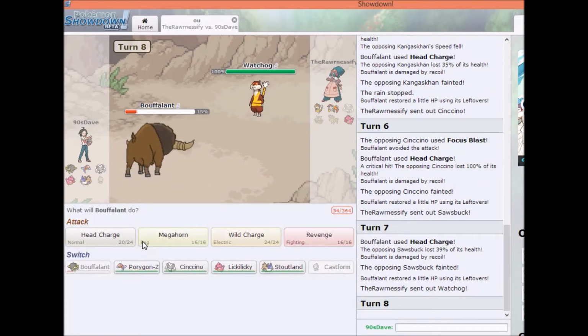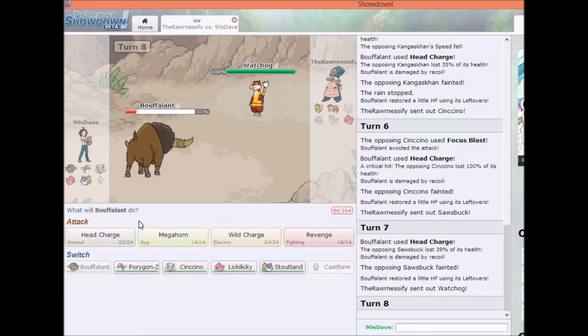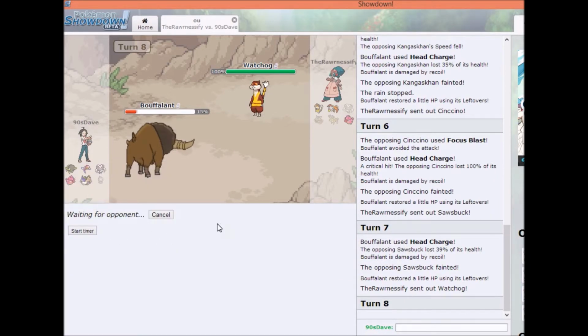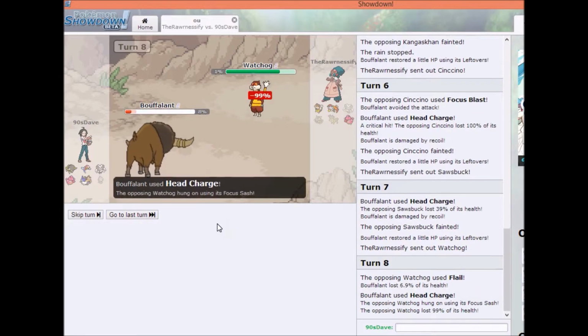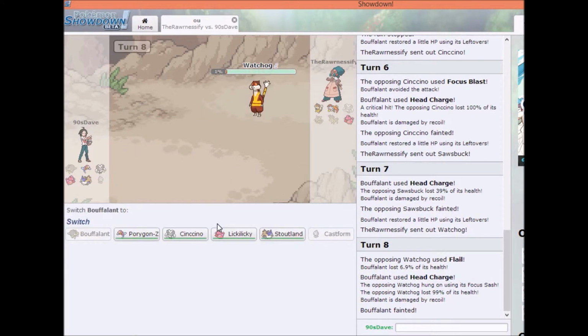And now the Watchog, which is more than likely going to be faster. So at that stage I'll probably end up losing the Bouffalante. But don't mind too much, I'm in quite a good position here. Oh, which went for the Flail, which didn't do very much. And the Focus Sash doing enough to